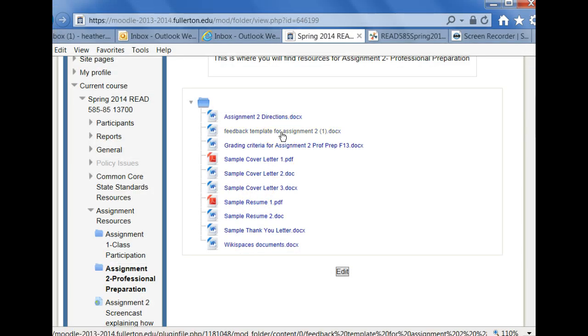So the feedback template is there, the grading criteria is there. I have a sample cover letter, actually 3 of them for you. I have 2 sample resumes, a sample thank you letter, and then here are the directions for uploading your documents to the Wikispace. I do want you to notice that these resumes and cover letters are saved in PDF format.